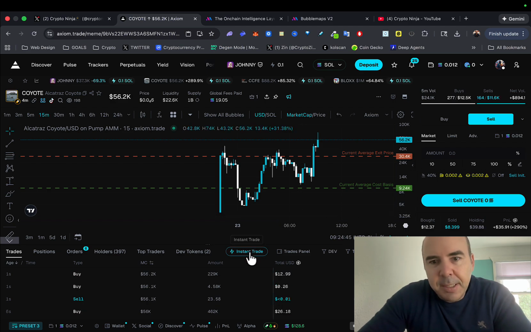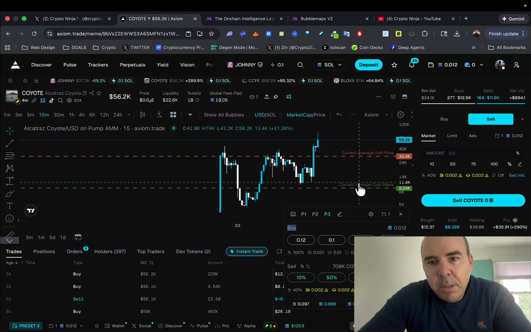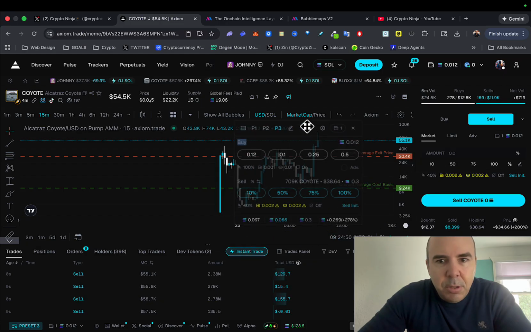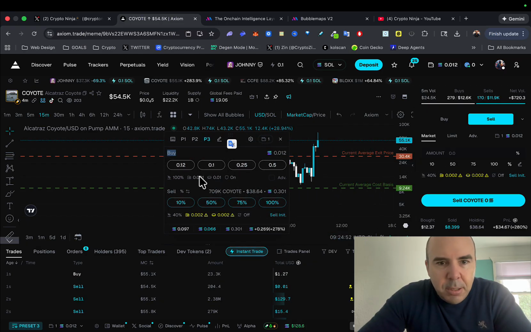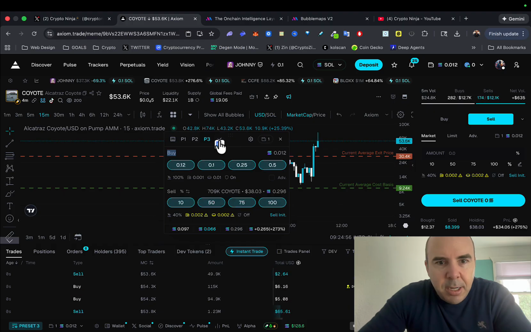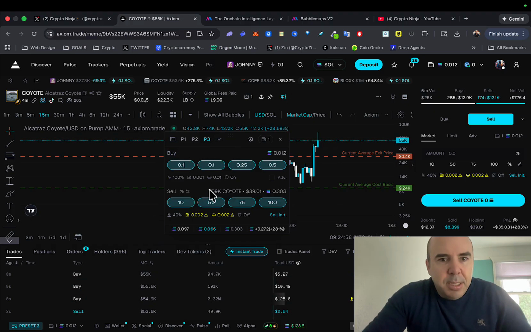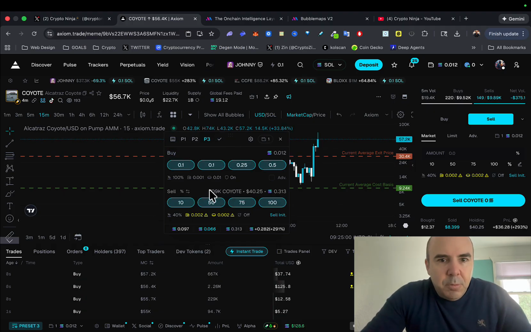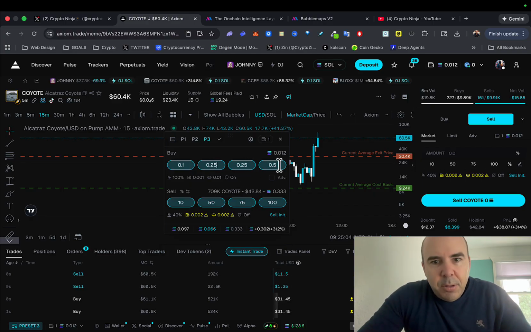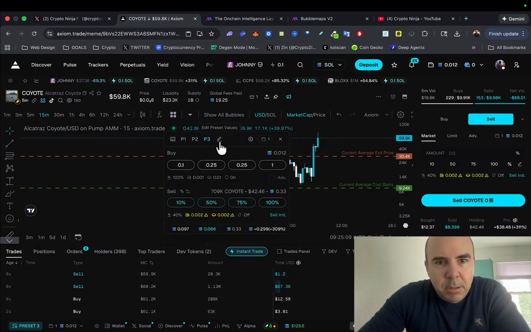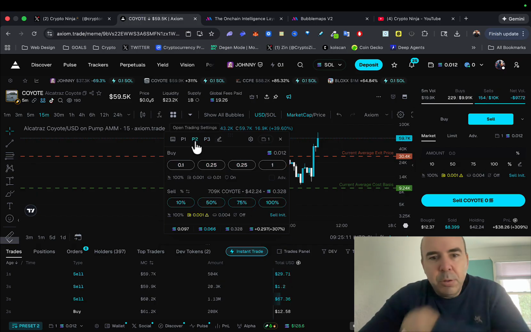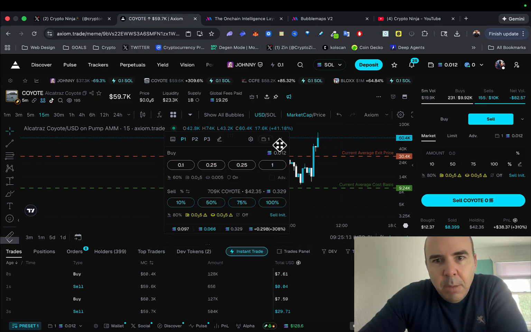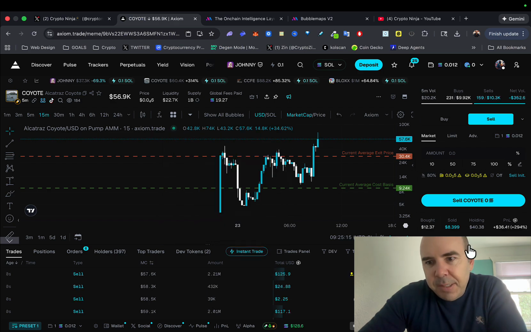Okay, and you can also use this instant trade here, this little screen here. What you can do is open it up and click right here, this little pencil icon, and edit it. And then whatever you're trading per size, like say 0.1, 0.25, and then 1, like that. And then click there, and you can change your presets through there. Okay, but typically when you're starting out, guys, you want to use preset 1